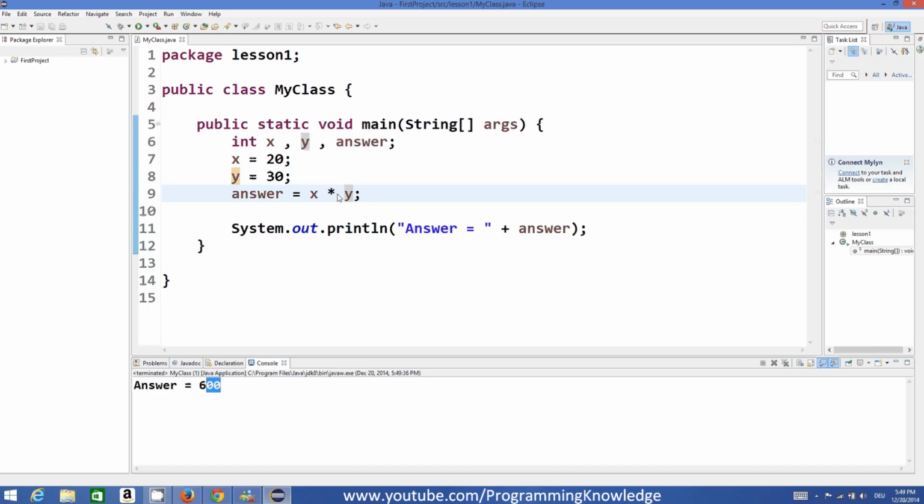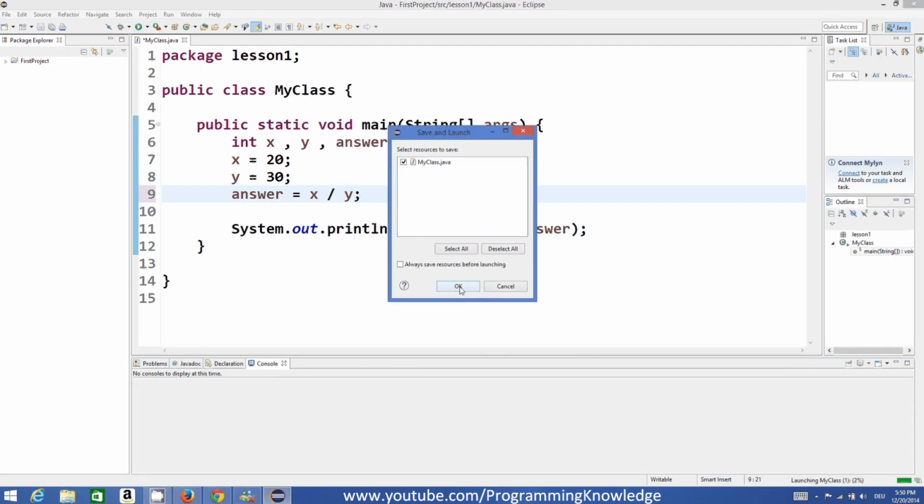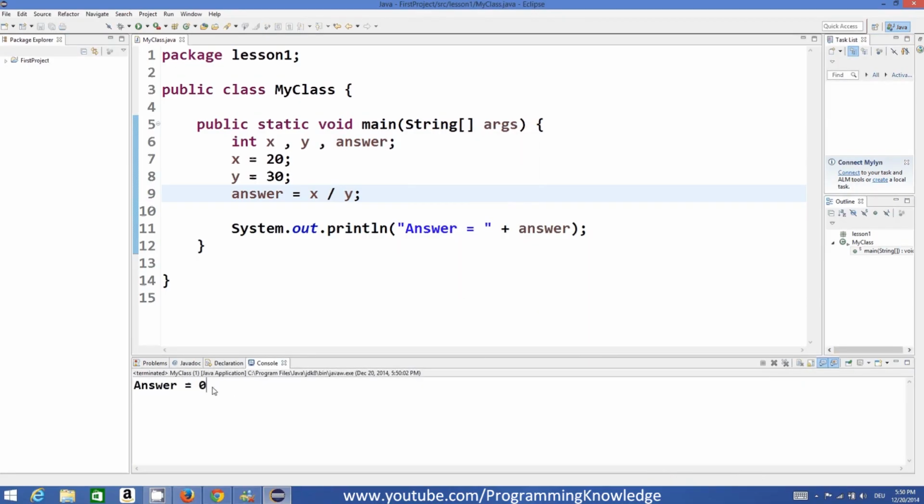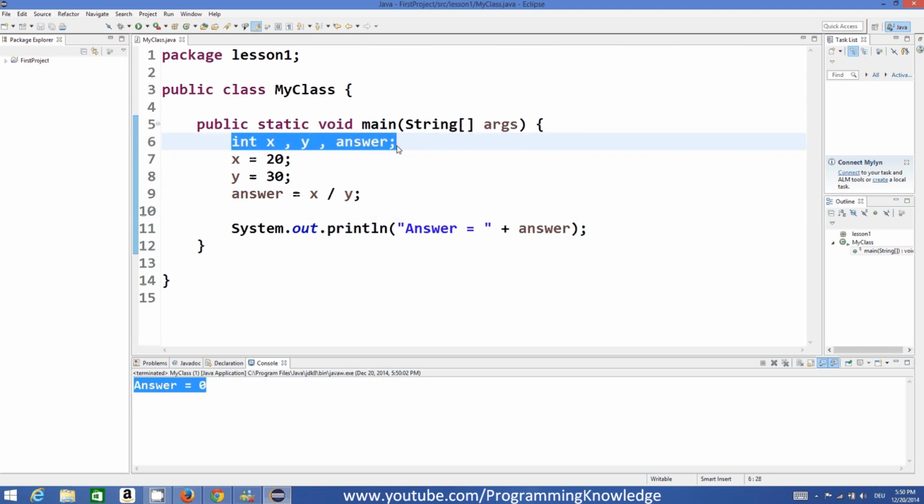Now division is a little bit not tricky but interesting. So when you want to divide two values, for example I will divide these two values, you will expect some decimal values as an answer, right? But let's try to get the answer, and the answer is 0 in this case because we have declared all these values as integers.